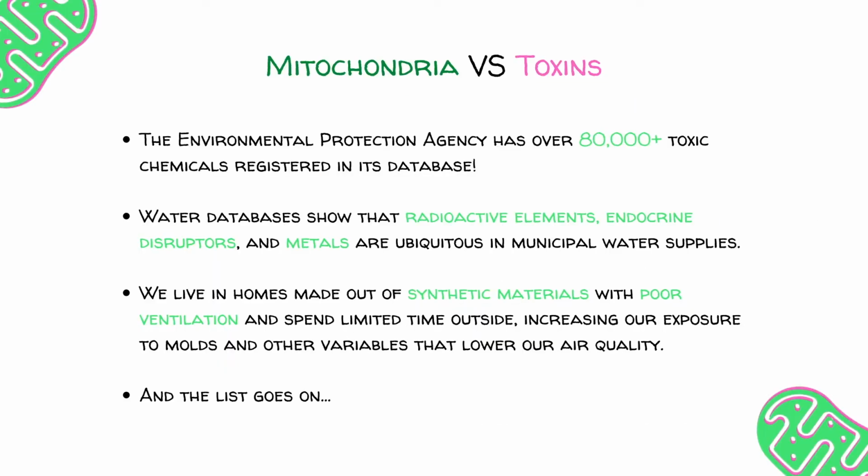So, the reality in modern life is that we are exposed to infinitely more toxic chemicals, radioactive elements, metals, and oxidative stress than ever before in history. So, the EPA has over 80,000 toxic chemicals that are registered to its database. And most of these have not been researched for their impact on human health. And many of these do have studies showing that they actually have deleterious effects on human health, but they're allowed to circulate anyway. And then our water databases show that radioactive elements, endocrine disruptors, and metals are ubiquitous in municipal